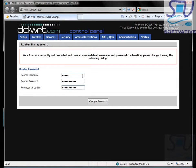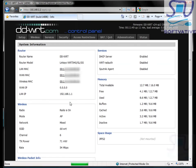Now after entering the new username and the password and the reconfirmed password, I'm going to hit this change password button, and that will apply the new password to this router. And then it brings us to this system information page where it shows us the high level information of this router. Now the one important thing is, if you have changed the configuration of the router after you flashed it with this DD-WRT operating system,